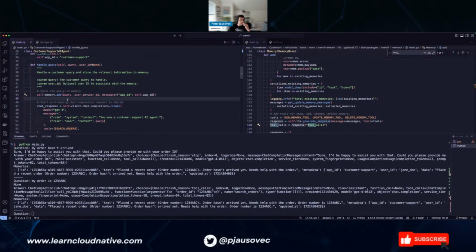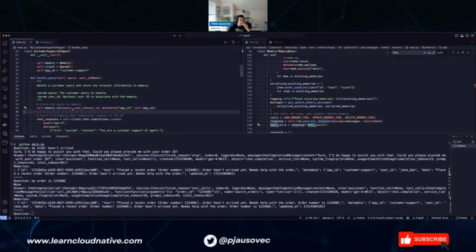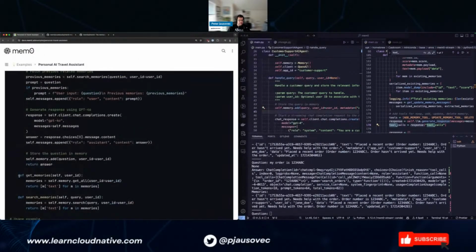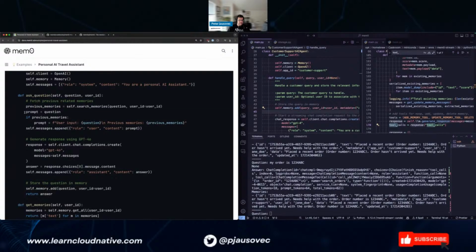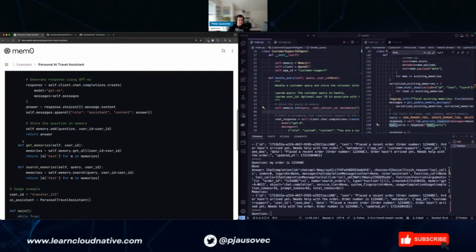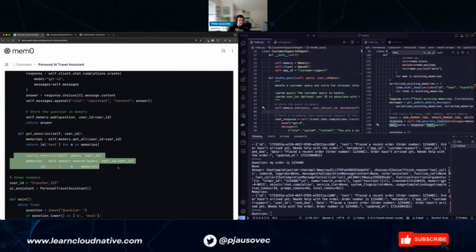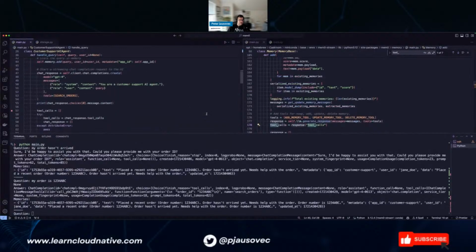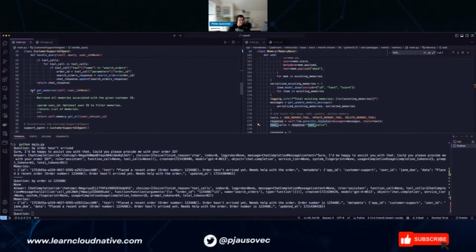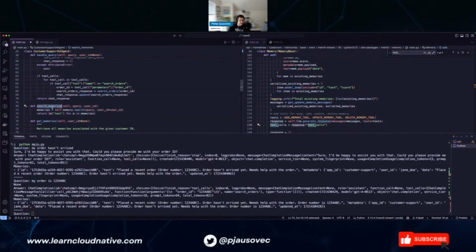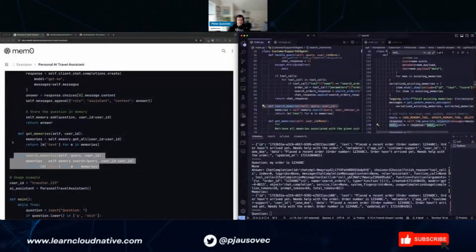So handle query. We're going to add the memory, but then we would also have to retrieve the existing memories, right? Like here, this one has search memories. Oh, yeah. Let's quickly do this one as well. Search memories. So we'll implement it here. You can basically combine it with function calling and memories, right? And memory. So search memories, and then how do they do it?